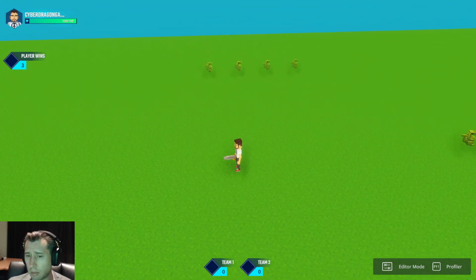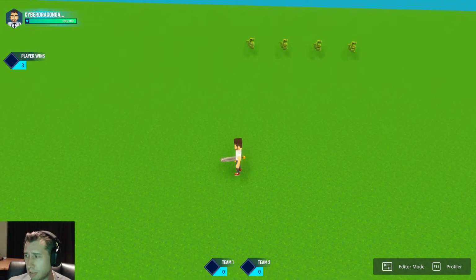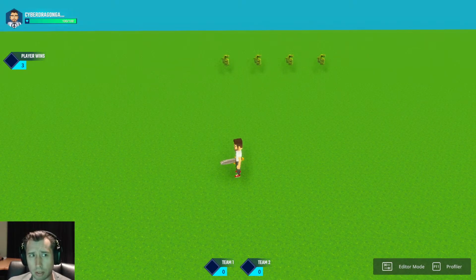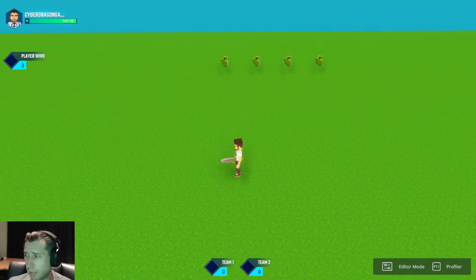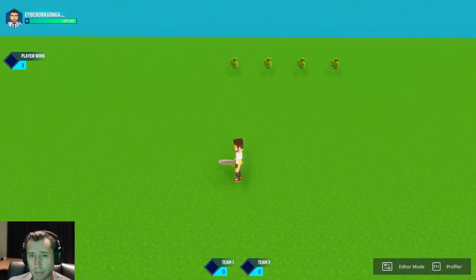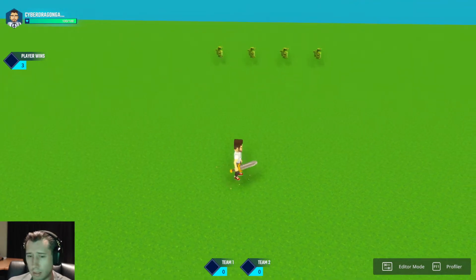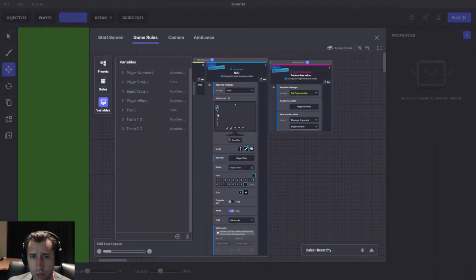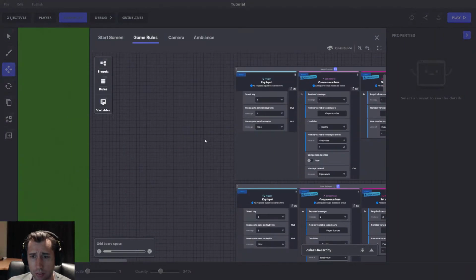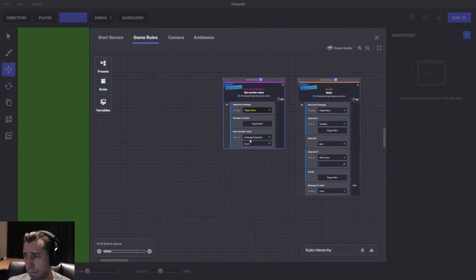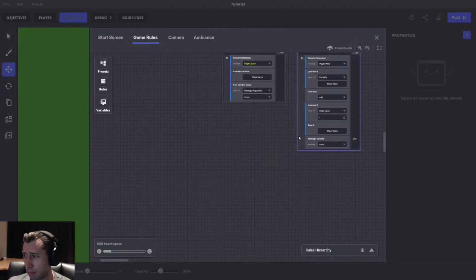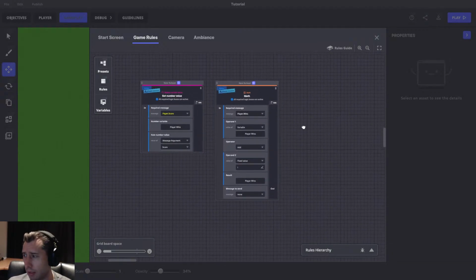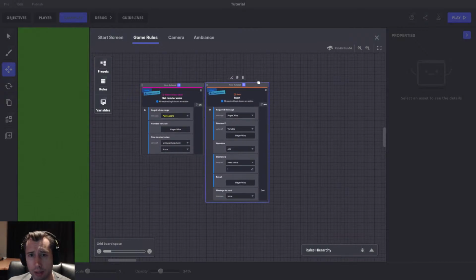Because the teams at the bottom is the score that everyone sees, and the player wins on the left is only what the player sees, because it's a local. So if you want the player's actual wins to show at the team at the bottom, yes, but in one value, yes, okay. So what you do here is